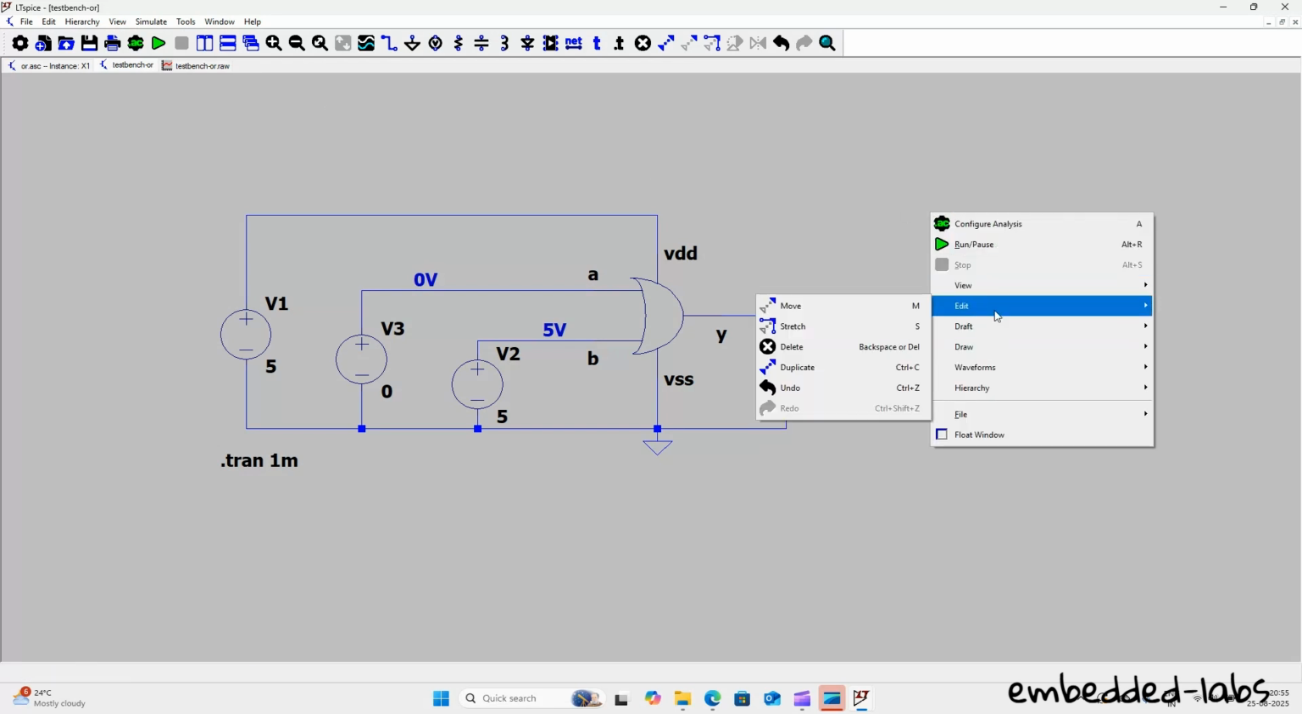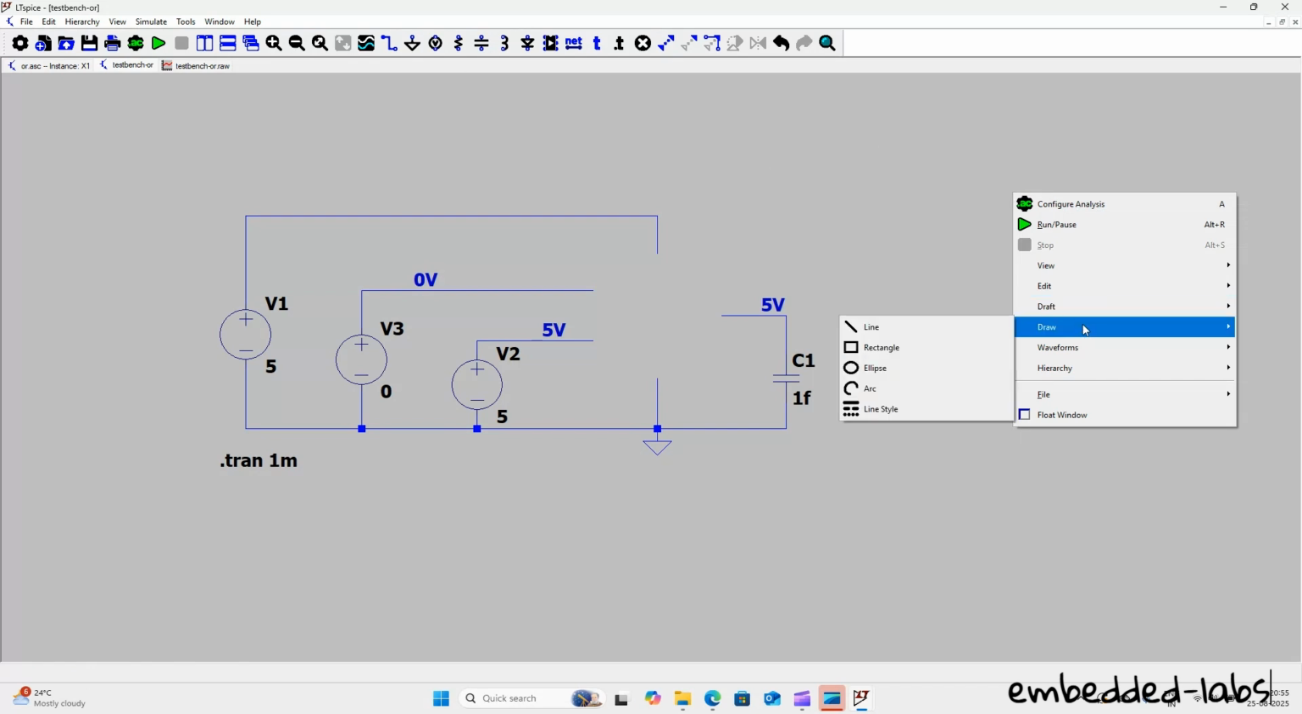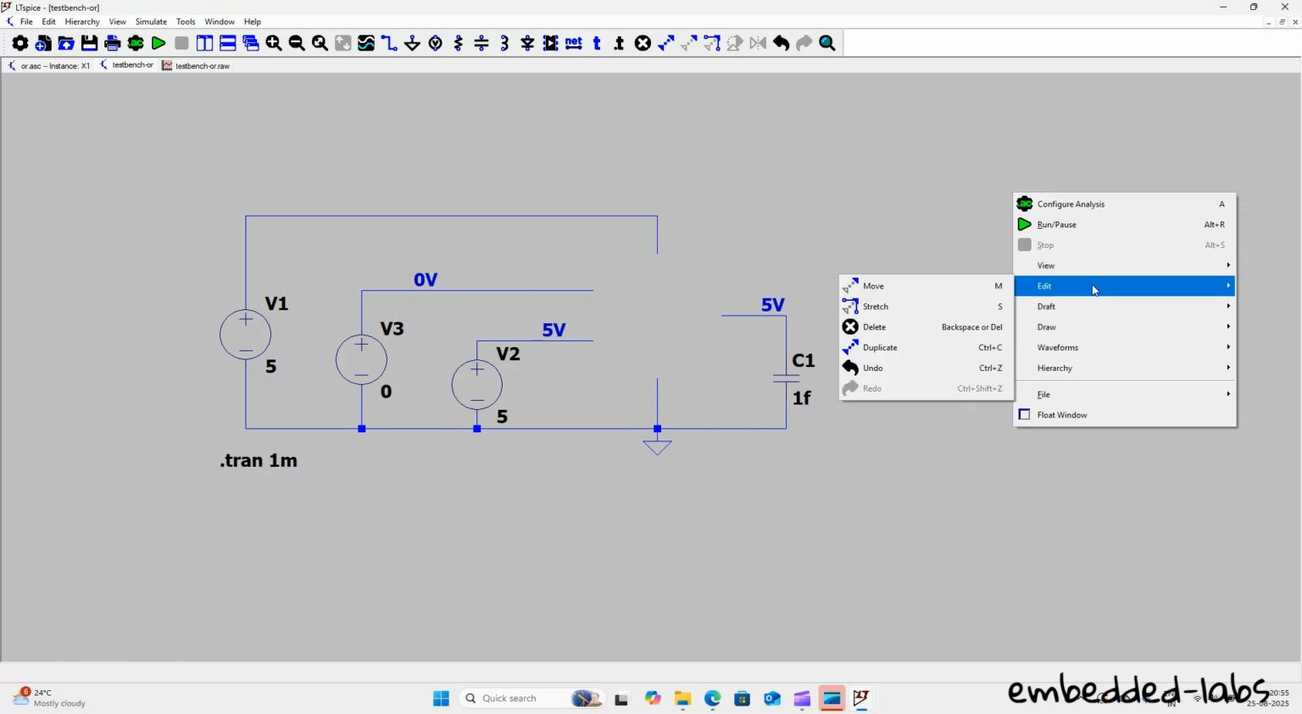You want to simulate this OR gate with a different gate. So let us say that you want to simulate a NOT gate. So what you should do is you have to place a symbol. So how do you place a symbol? You have to go to